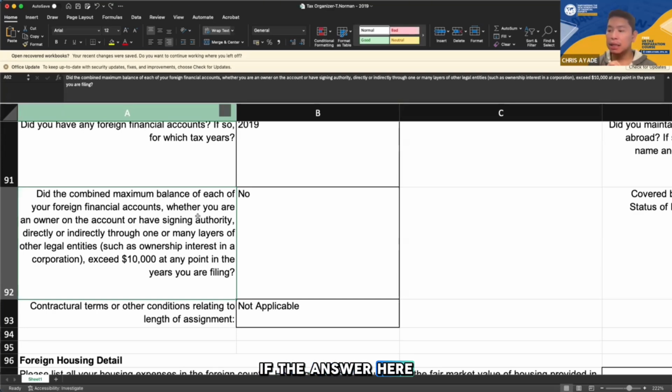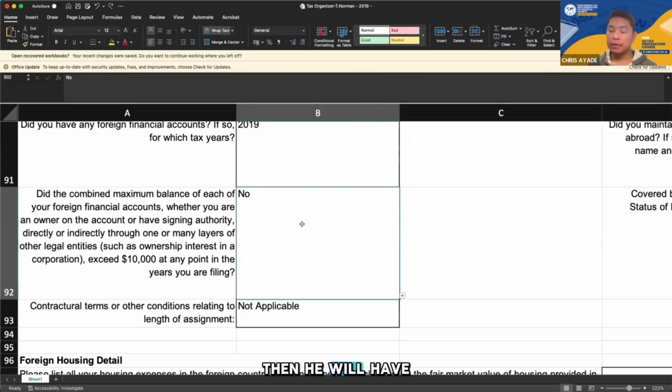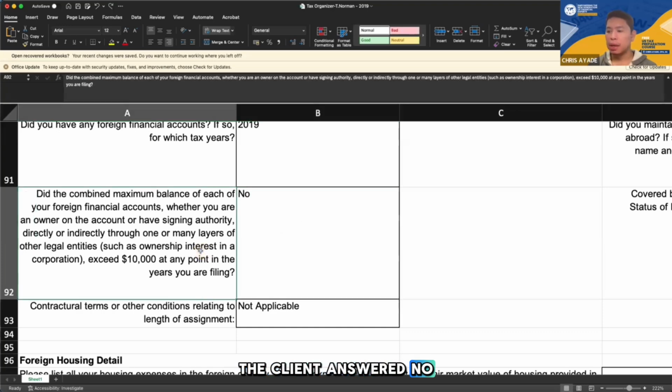If the answer here is yes, then he will have an FBAR filing requirement. Then you would need to send him an FBAR questionnaire. Okay? But in this case, the client answered no. Right? So direct or indirect, say for example, the taxpayer is married filing separately, and the wife is a foreign